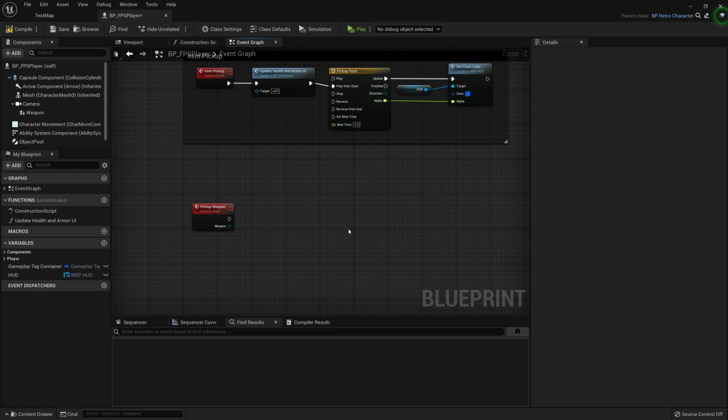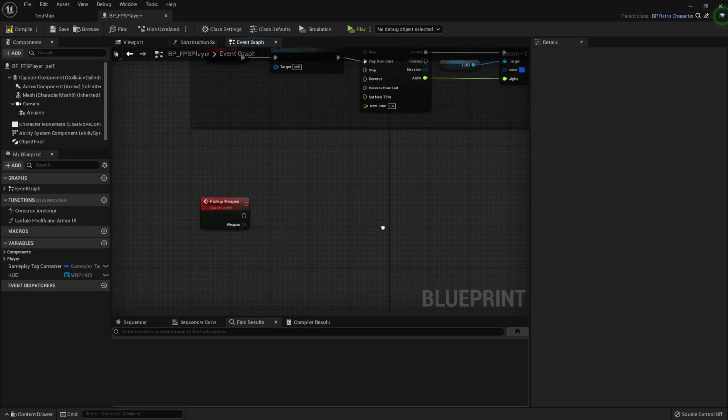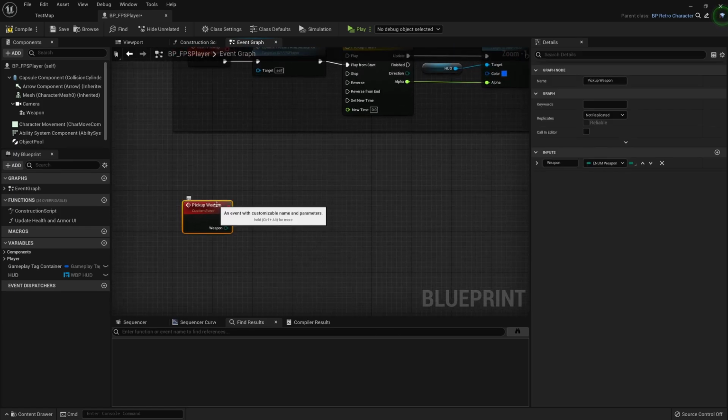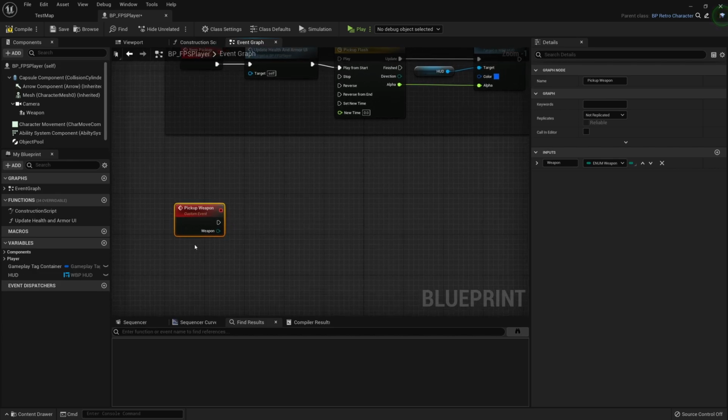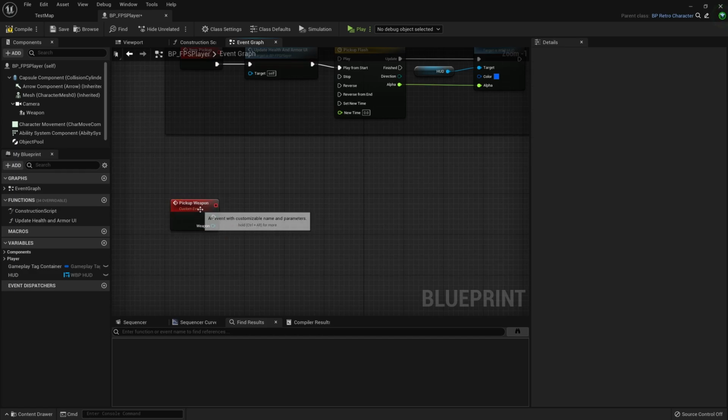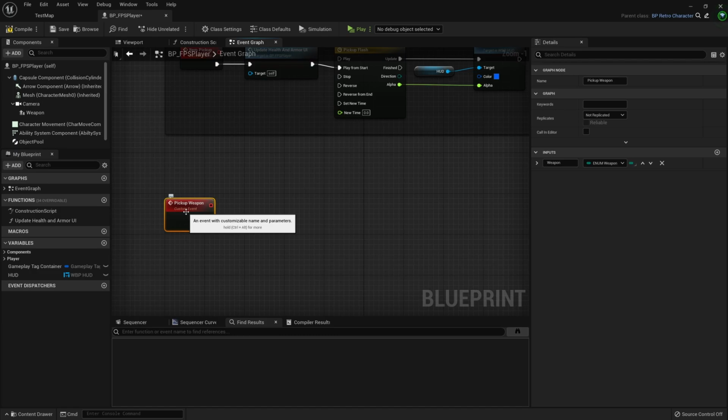And what we want to do is determine a lot of things when we pick up this weapon. We want to say what weapon it is, and then when we decide what weapon it is, we can show the correct ammo on the screen. We also want to get ammo when we pick up a gun. So if we pick up a pistol, maybe it comes with 8 bullets. And if we pick up maybe a rocket launcher, maybe it comes with 2 rockets or 1 rocket.